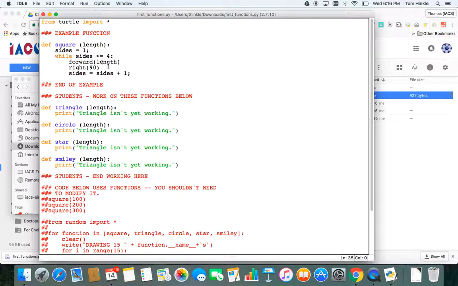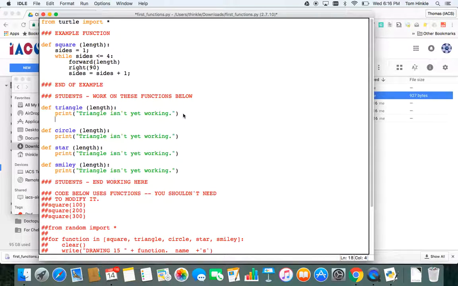So your job in this class will be to write these functions. Notice they take a length, just as square does, which should be variable. And then the function goes as long as it's indented. So if I were to add a second line to triangle and go ahead and run this,